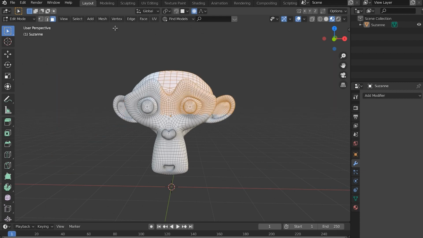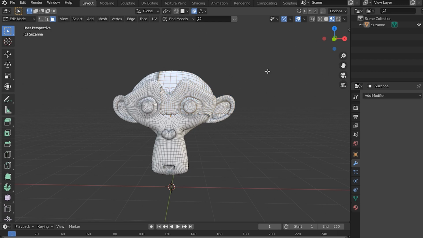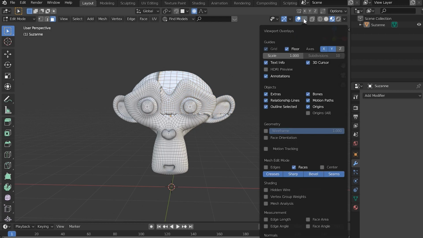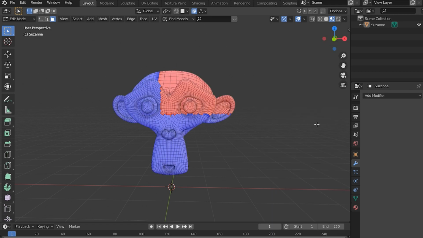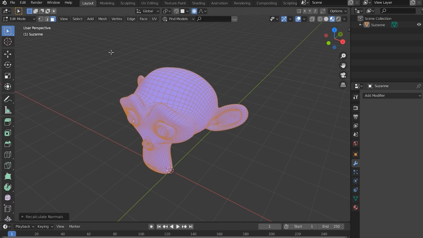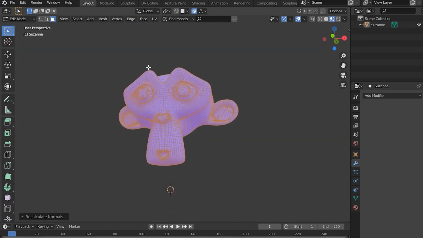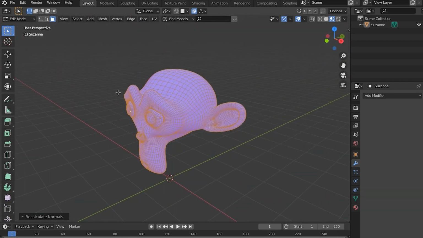Now let's say I have some normals that are flipped. So I'm going to go ahead and go into normals and flip these normals, and I'm going to click this little drop down right here and click on face orientation so I can see what is right and what is wrong. The red is inside out, the blue is correct, and I can see that all of these are messed up. Let's say you have this on a mesh that you're working on. You just hit A to select all, and then Shift N to recalculate outside, and it will try its very best to calculate what's the outside and what's the inside and fix all of your issues with normals.